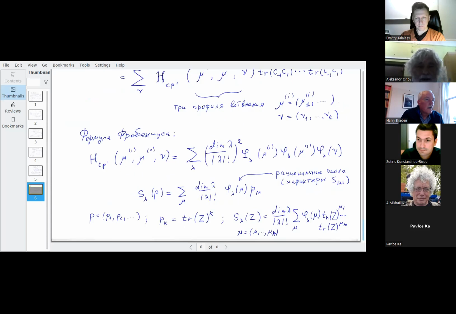I will use the following notation. But traces of certain matrix will be denoted by this P. It is Newton sums of eigenfunctions, but in our case, later it will be differential operators. So better not to speak about eigenfunctions. Just we have trace of power of a matrix, and this is called Newton sums or power sums, a set of variables